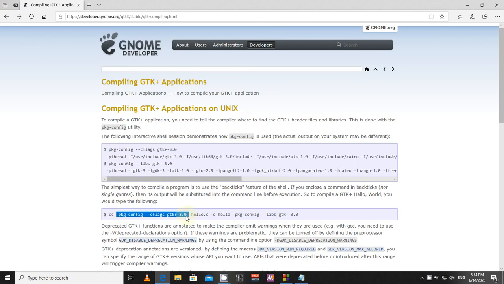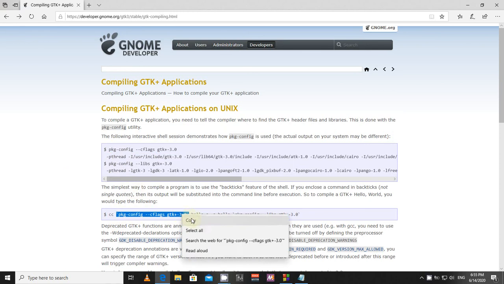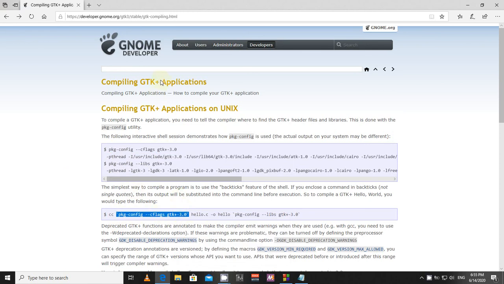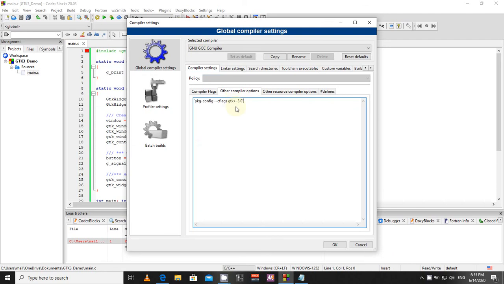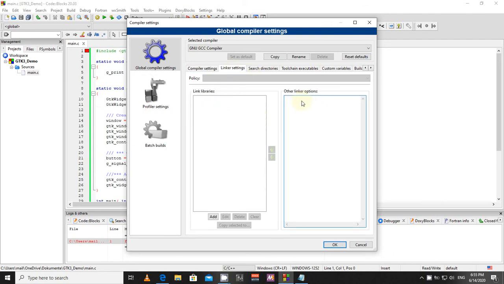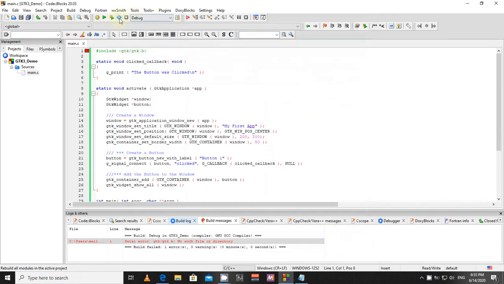Here we have, you see, I don't have the backtick, right? This one on this keyboard. I don't know why. I'm not sure where it is, but I'm going to copy this one right here. I'm going to throw it here. The next thing, you need to go to linker settings, other linker options. I'm going to right click paste, and instead of cflags, I'm going to say libs. Now hit OK, rebuild,